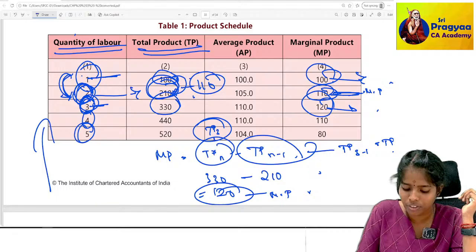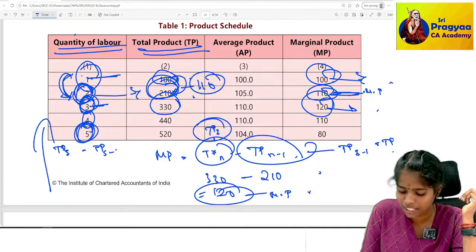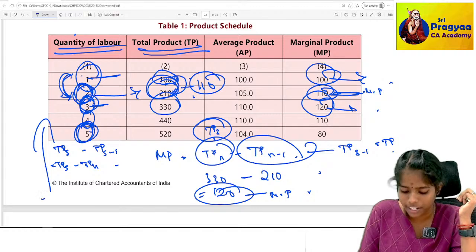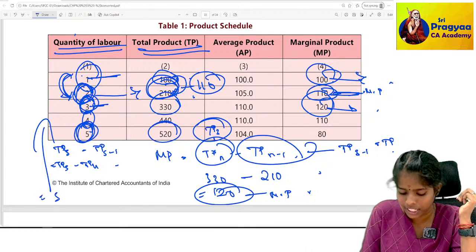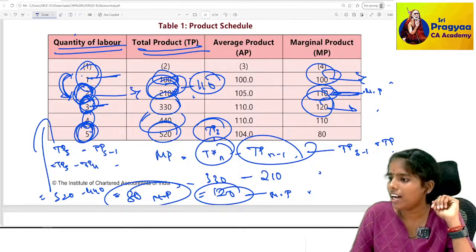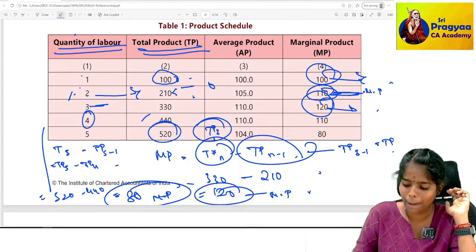Again when I go for 5th or 4th unit, 5th unit போலாம். 5th ல அப்போ TP of 5 minus TP of 5 minus 1 which is TP of 5 minus TP of 4. கரெக்டா? TP of 5 என்ன? 520. TP of 4 என்ன? 440. What will be? 80 is my marginal product. Understood? So this is the formula. Now